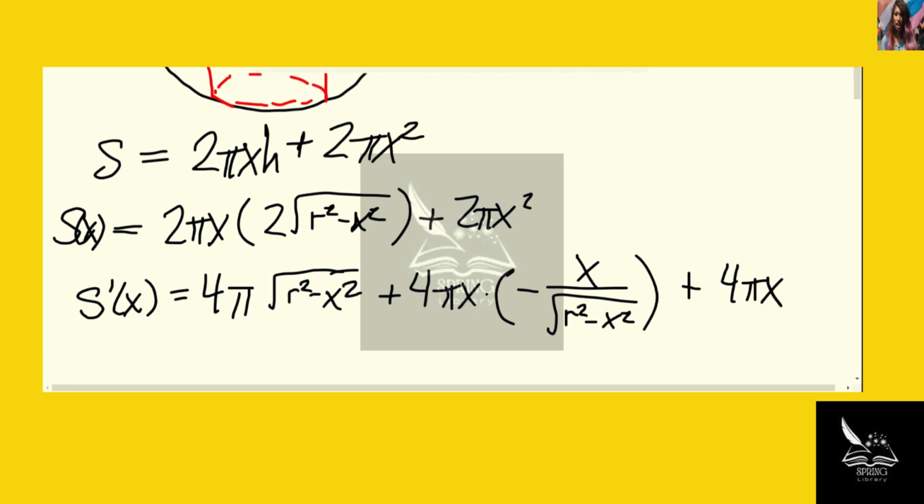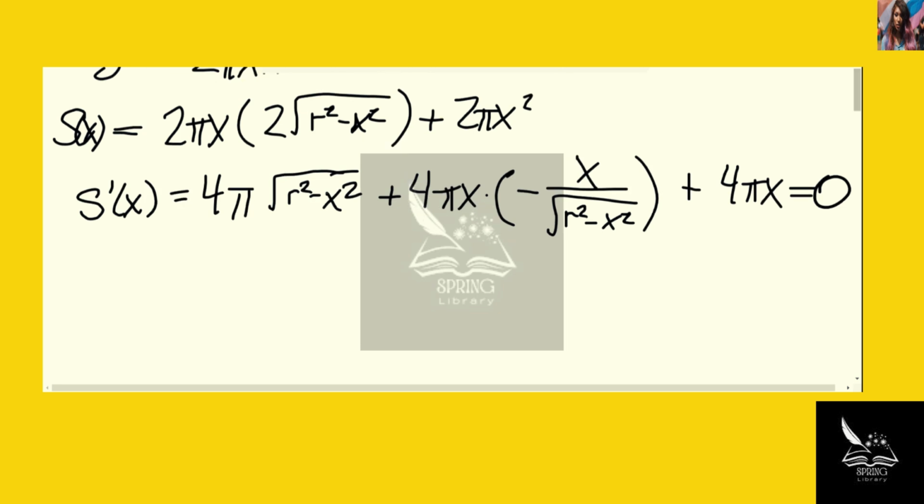And we'll solve the equation S prime of x equals 0 to find the critical points. So we have 4 pi times